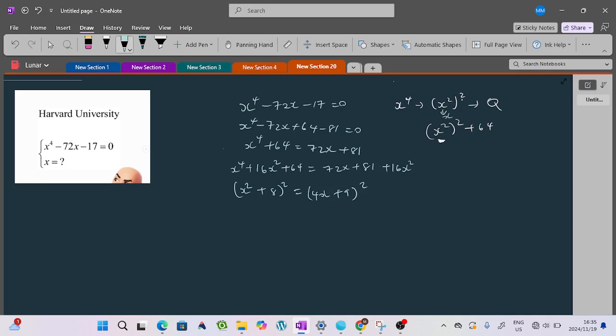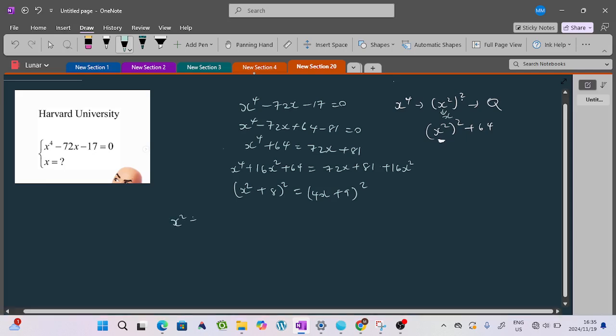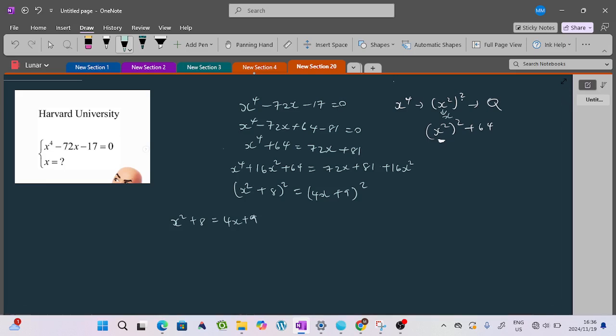Okay, you can think of x squared plus 8 and 4x plus 9, because they are raised to the exponent, as just bases. So yeah, you equate your bases. You take x squared plus 8 and equate it to 4x plus 9, because they are raised to the same exponent. If you think of this thing as an exponential equation,